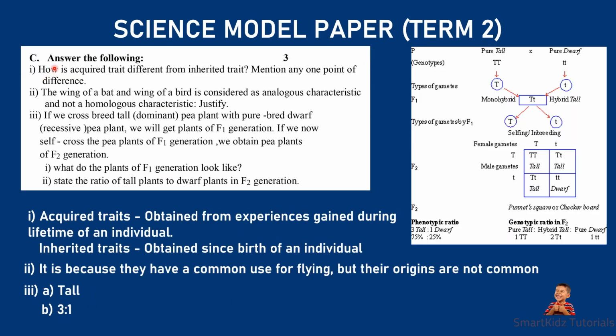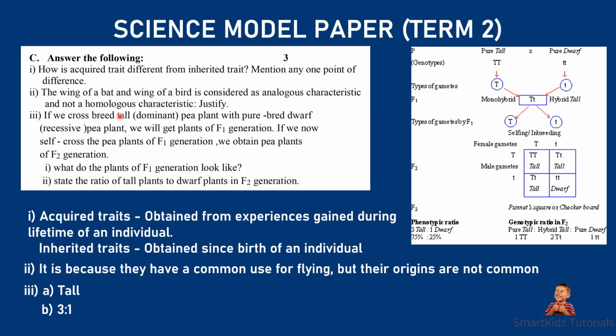Question 3c is for 3 marks. Answer the following. How is acquired trait different from inherited trait? Mention only one point of difference. Okay. Now, acquired trait is something that we gain during our lifetime. Because we have gained it during our lifetime, we will not be able to pass it on to our future generation. For example, the ability to play a particular instrument, like learning to play the piano or learning